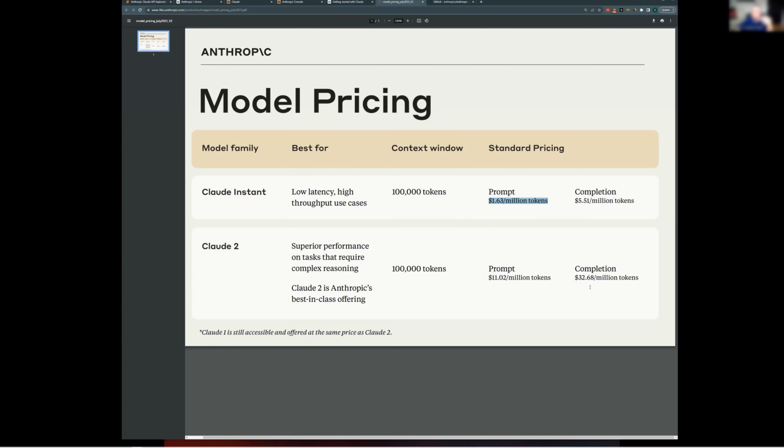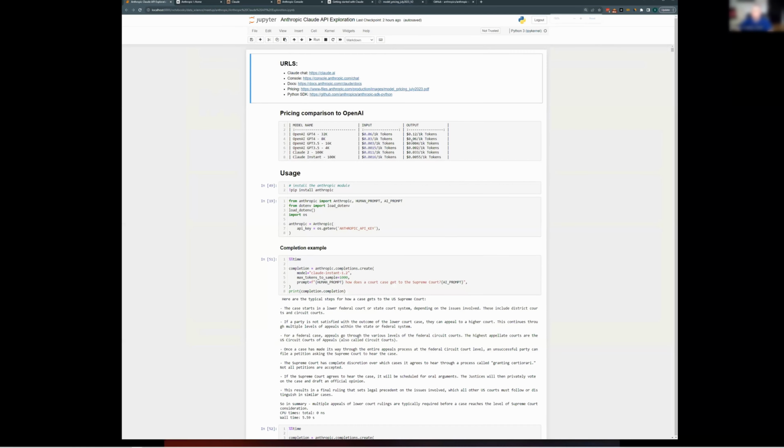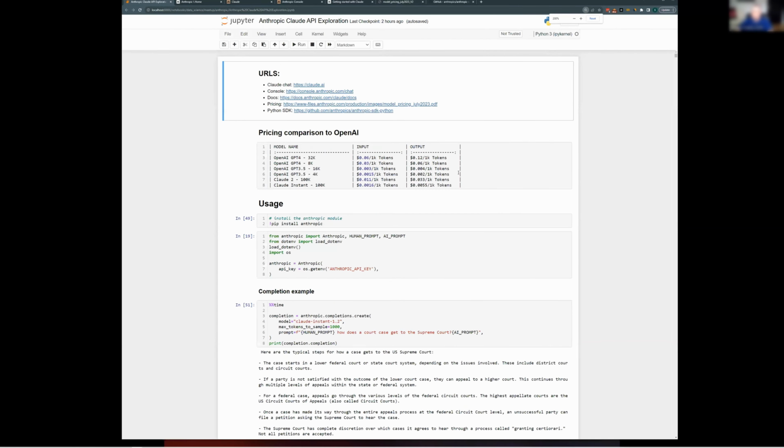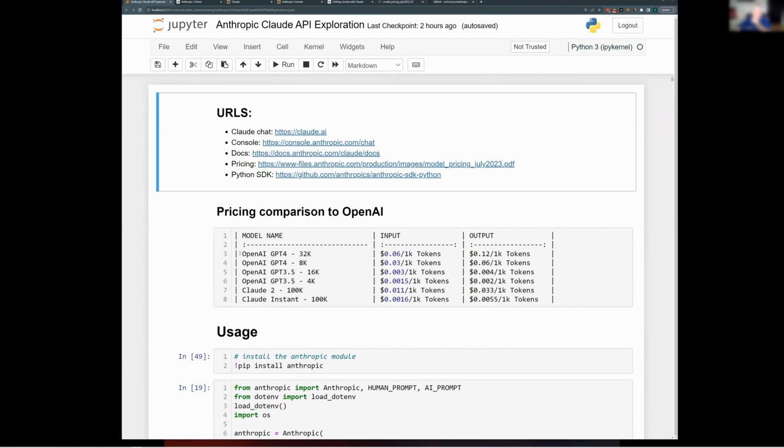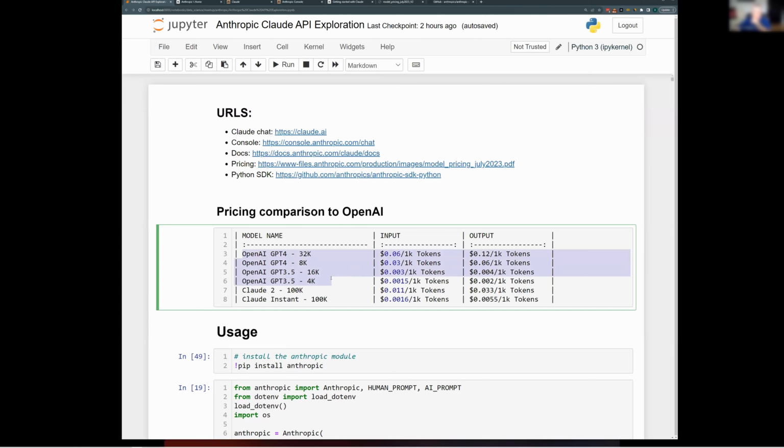I did a little bit of math and compared them together. OpenAI has 4 models based on their context. Their most expensive, GPT-4 with 32K tokens context, is about 6 cents per 1,000